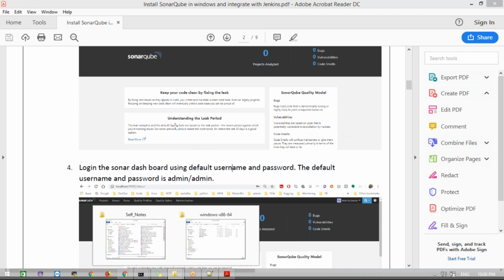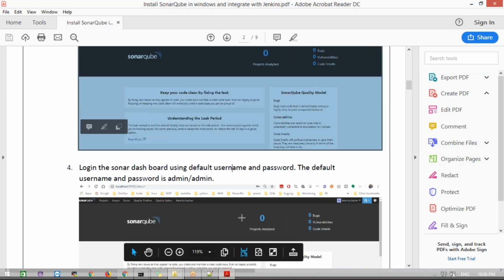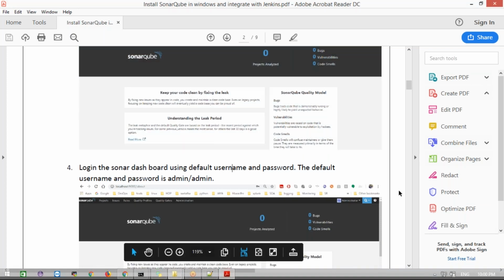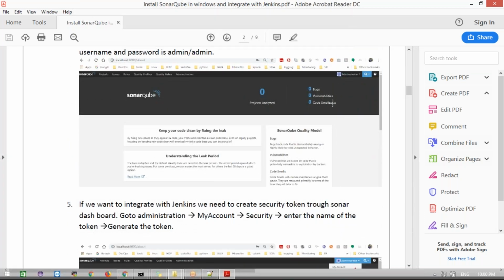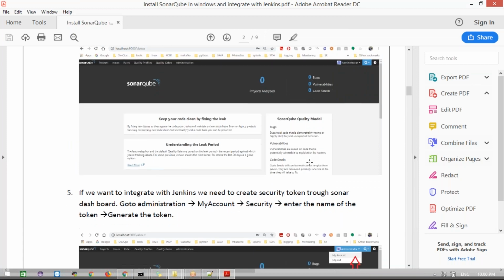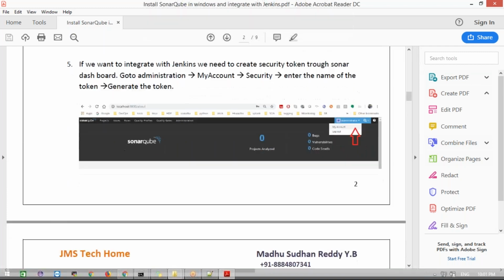Come back here. Okay, now these things are done, we configured it here. You will see it like this. This is the first time I'm doing it, so I'm taking the screenshot. It will look the same for you also.